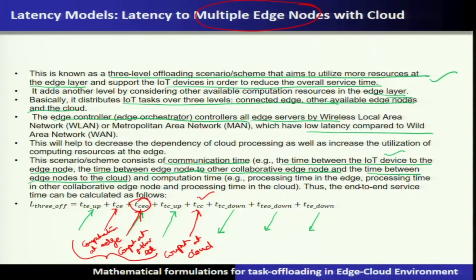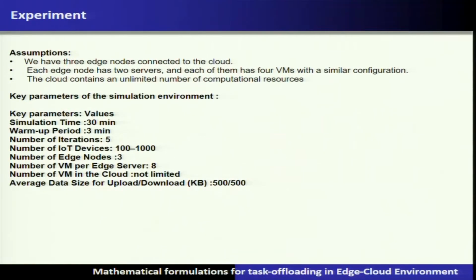So, this is an important development, and let us see some of the experiments, how you can evaluate various different types of architecture under this edge cloud system. For that you require several nodes which are to be connected. To do the experiments, you have to assume nodes which are connected to the cloud, and you have to assume the availability of different virtual machines and also different computational resources which are available for scheduling or task offloading.